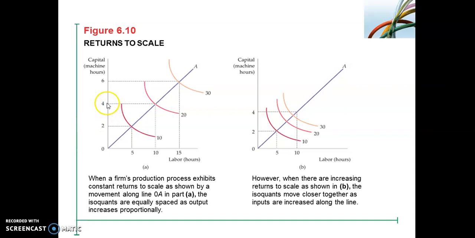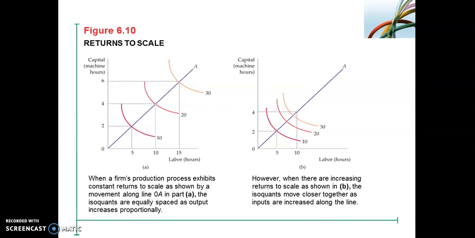And then to go to the next output level over there, we have 4 hours and 6 hours. And here you can see 5 hours, 10 hours, 15 hours. So for each output level, you're seeing this relationship of 2 hours for capital and 5 hours for your labor hours, and the same applies here. Right? So the production process in both figures involves 5 hours of labor and 2 hours of capital to produce